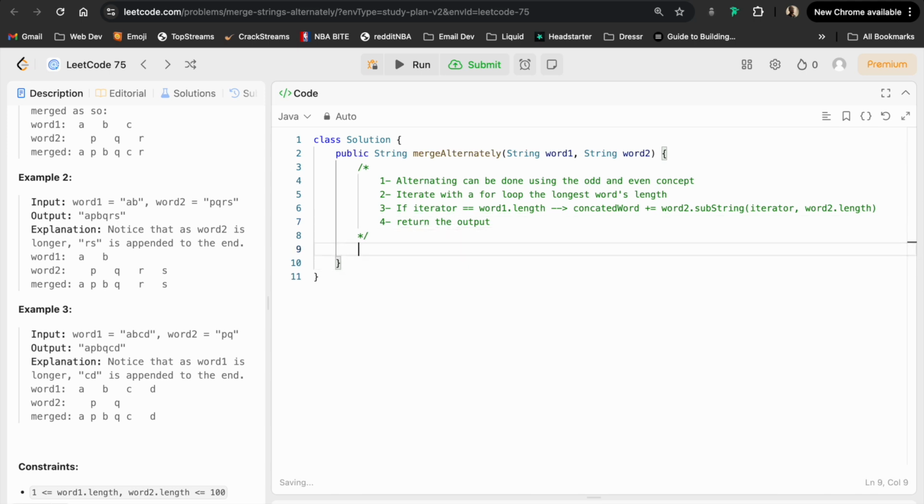The first thing I'm going to do is create a string, which is going to be concatenatedWord, equal to something simple. And from there, I could start by having my for loop: for int index equal to 0, index less than, essentially,